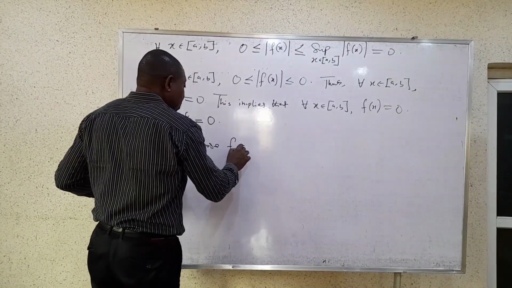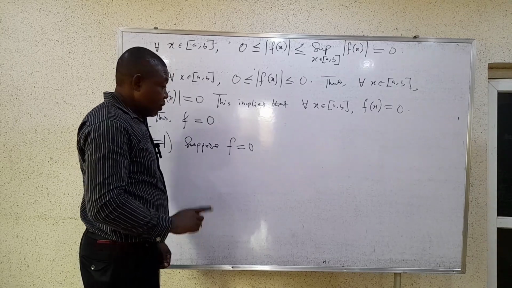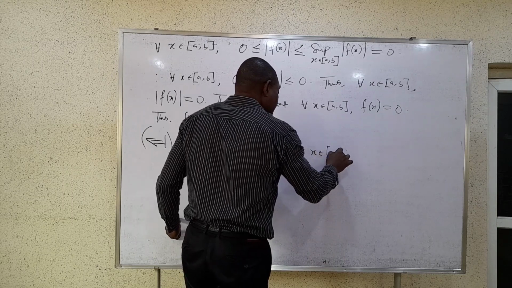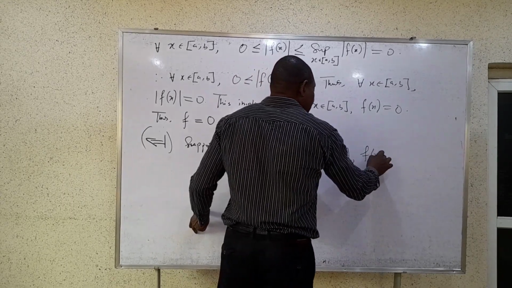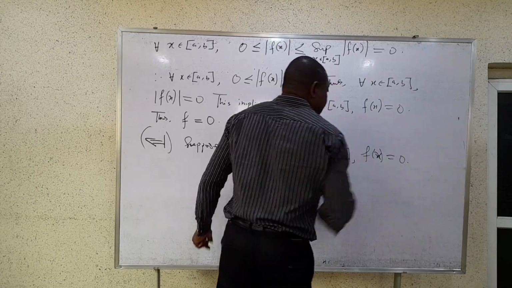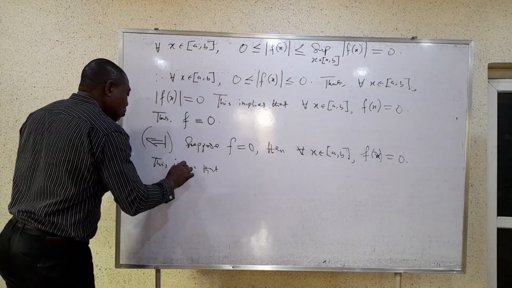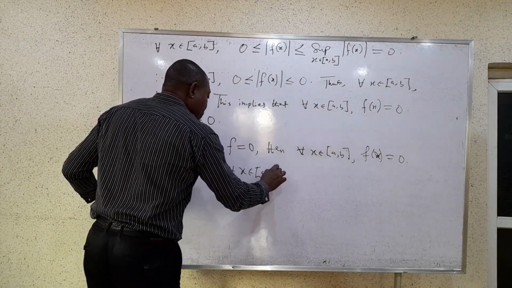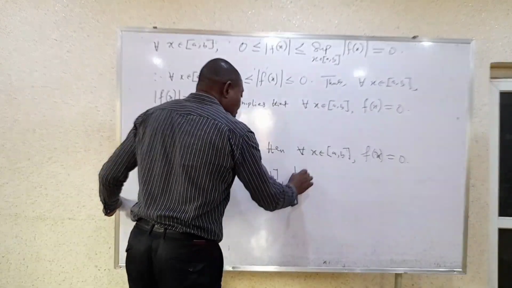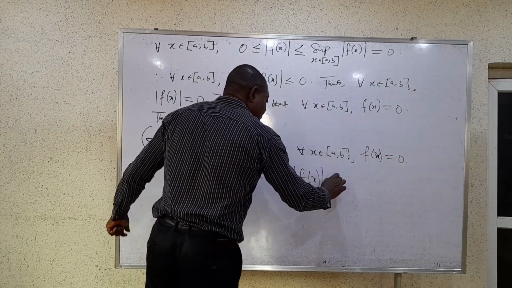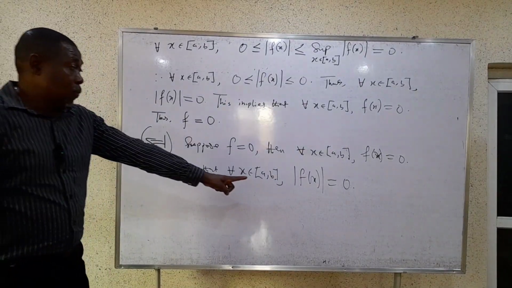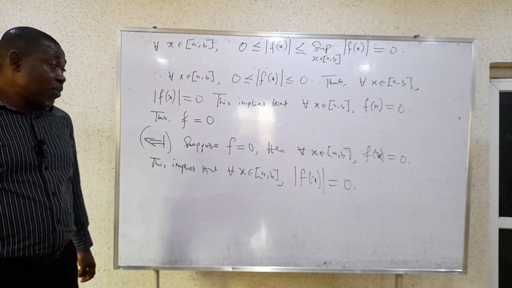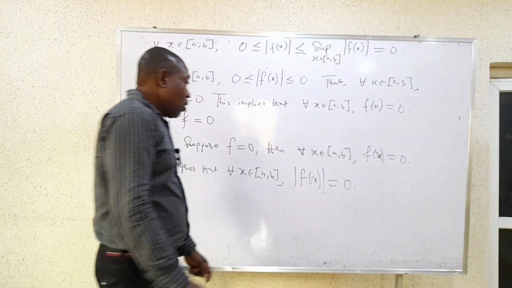Suppose f is 0. If f is 0, then for all x in [a,b], f of x is equal to 0. This implies that for any x we pick in [a,b], absolute value of f of x is equal to 0. For any x we pick, absolute value of f of x is 0. Therefore,